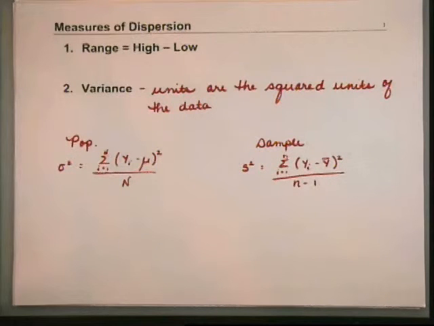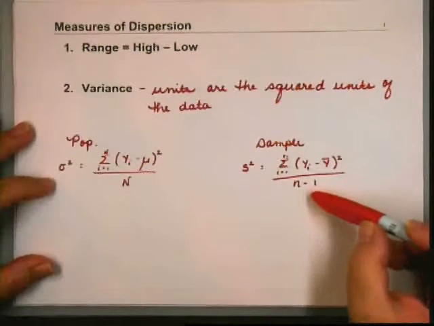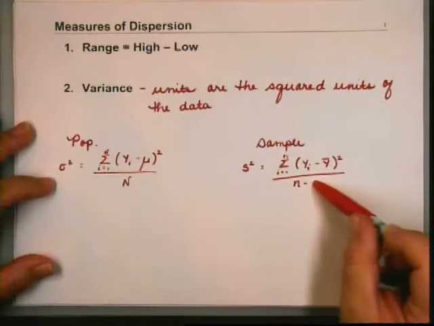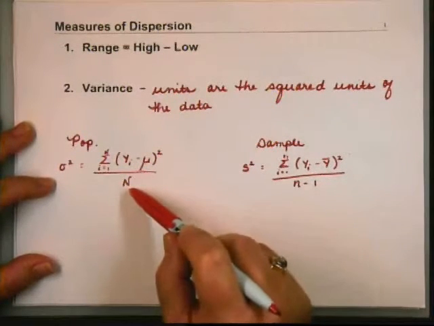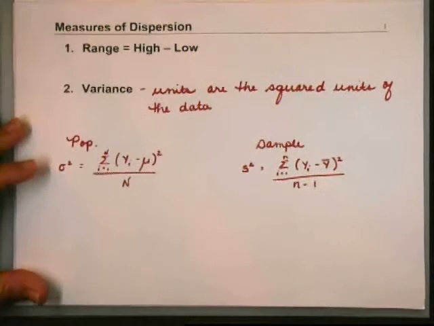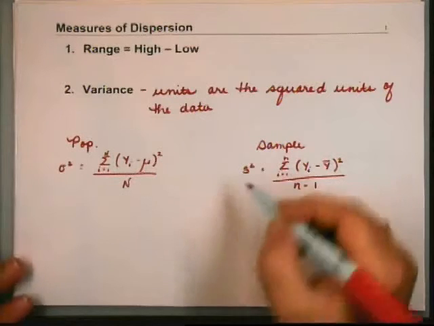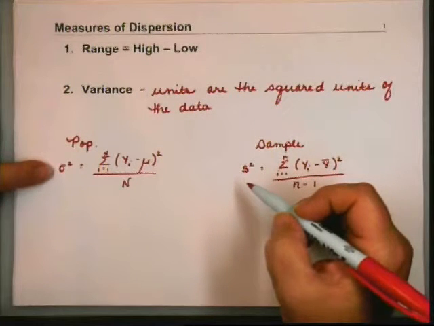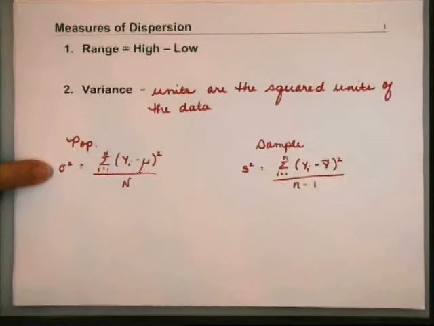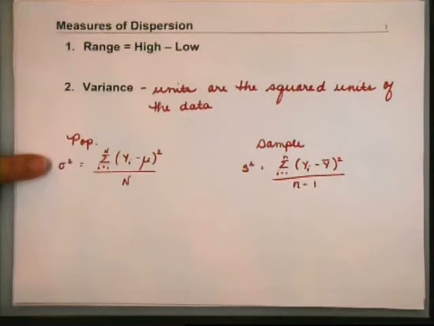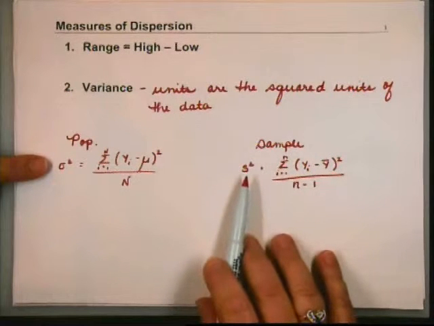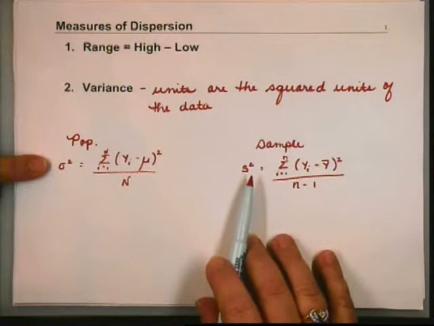So if you looked at this, the biggest question that comes up is why minus 1 when over here I didn't do that. Okay? The reason is that for a population, if we know the population, there is one and only one value sigma squared, right? For the sample, we can draw perhaps infinitely many samples or a lot of samples that are different from that